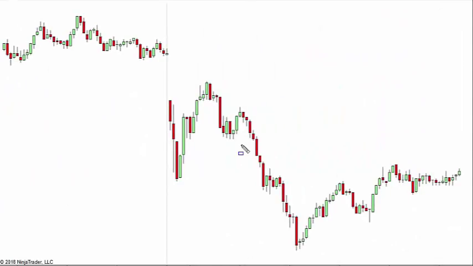So here's another good one. All right, so we get a bit of a move down here. Okay, now this time we do get the retrace. Then we get a very steep angle of price movement, and then it just moves sideways. That's what we're looking for. And then this is where we would get in,